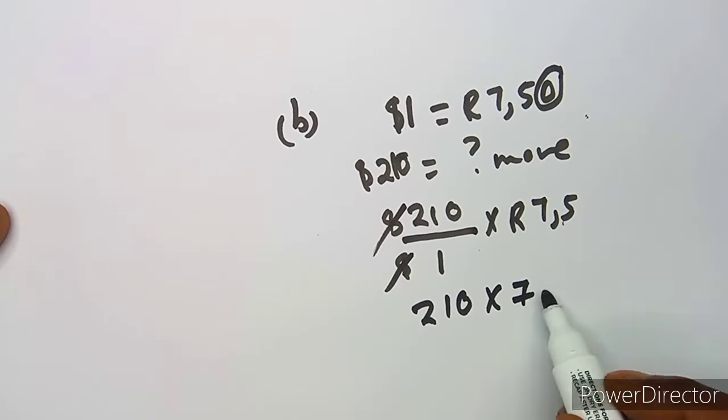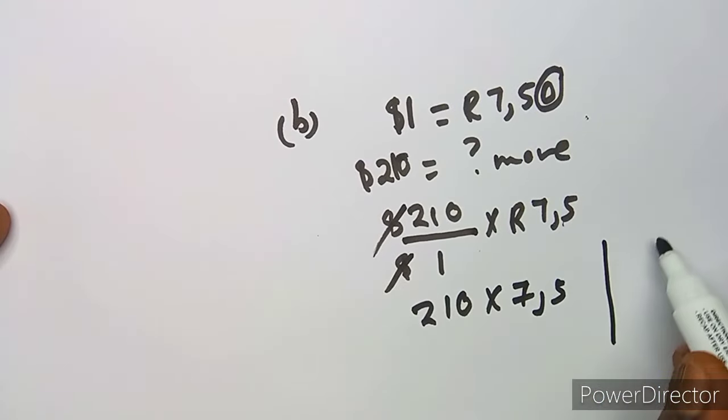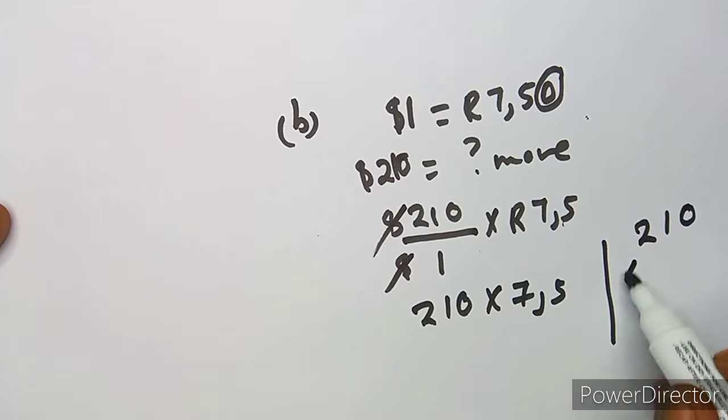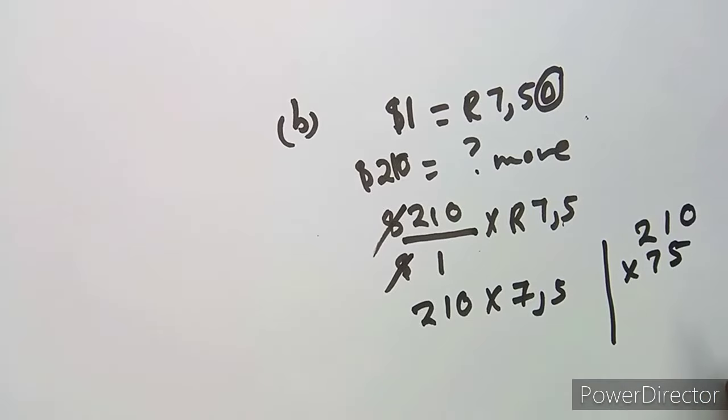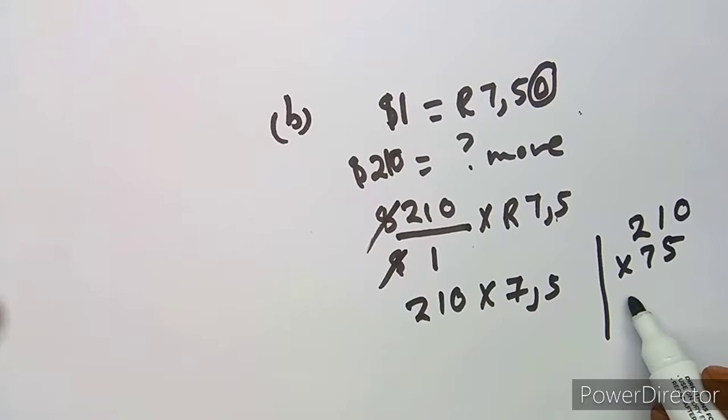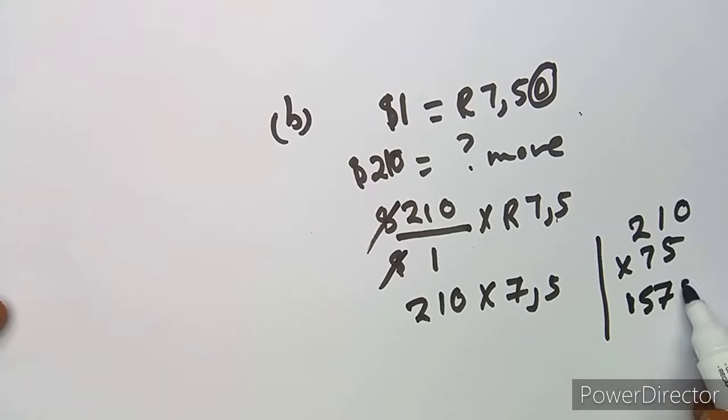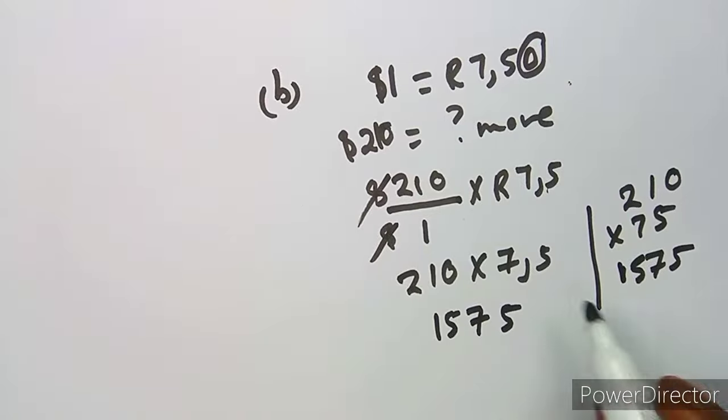210 multiplied by 7.5 simply means you're going to multiply 210 by 7.5. If you multiply these two, guys, you're going to obtain 1575. Make sure that you multiply properly. So you've got one decimal place, so our answer is going to be